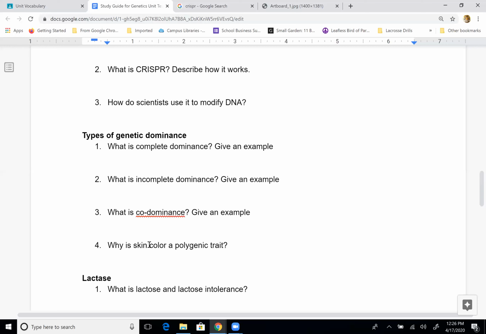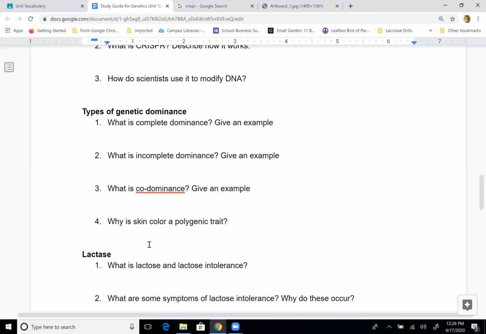Why is skin color a polygenic trait? Polygenic, first of all, means many genes. So there's not one gene in your DNA that codes for skin color, but your skin color is a product of many genes working together. And this is basically because skin color is an adaptive mechanism depending on where you come from, where your DNA has been